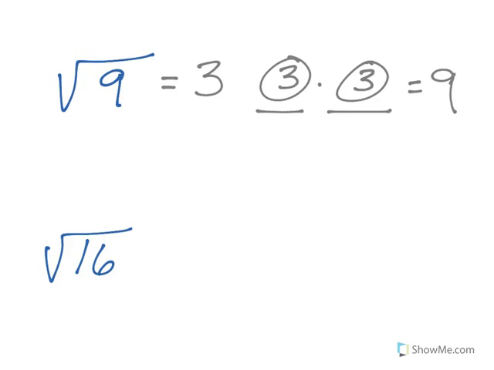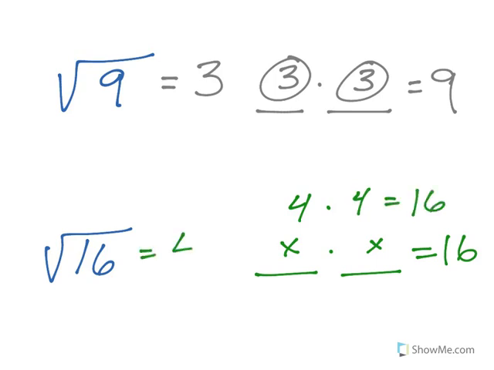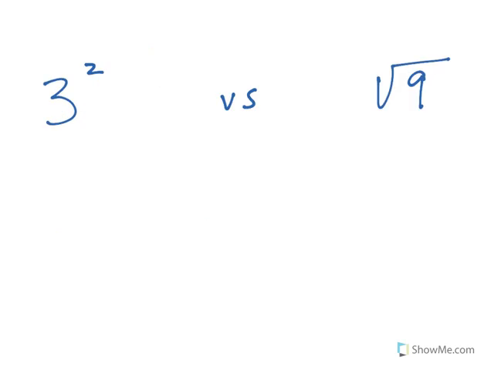Same thing with 16. What times itself gives me 16? Because these have to be the same, we know that 4 times 4 is 16, so the square root of 16 is 4. So when you think about the comparison or the relationship between squaring a number and the square root,